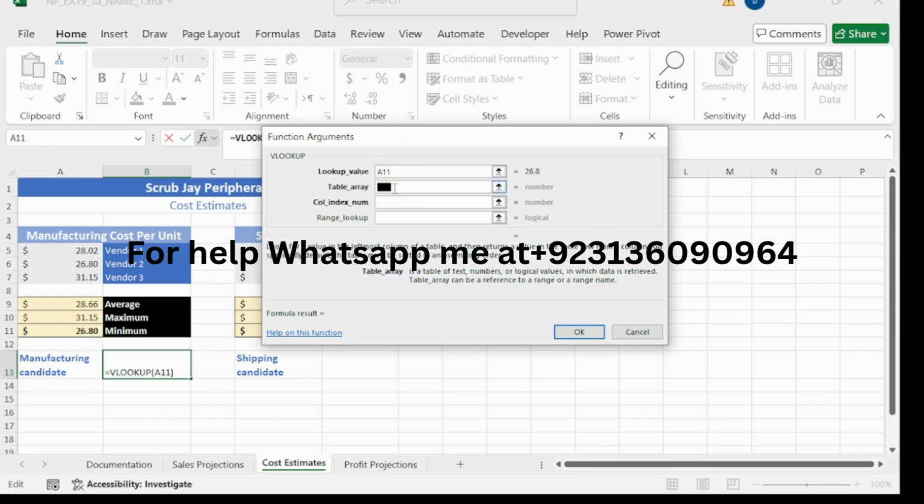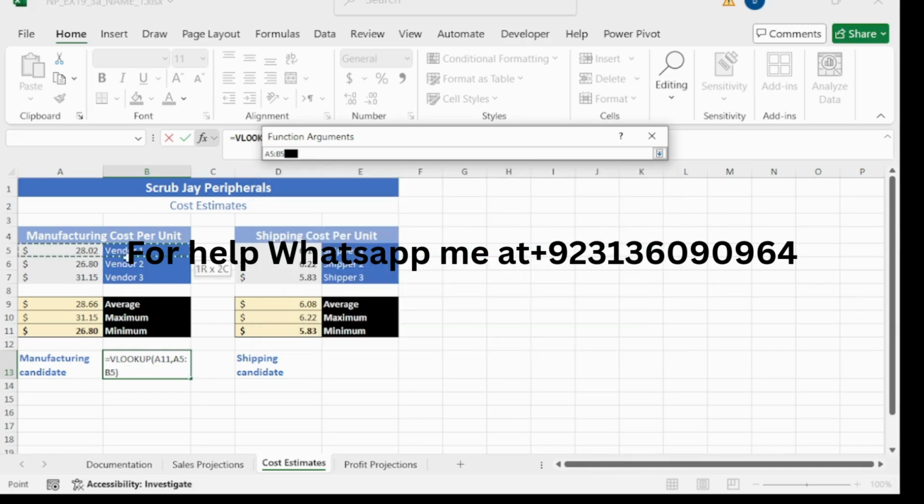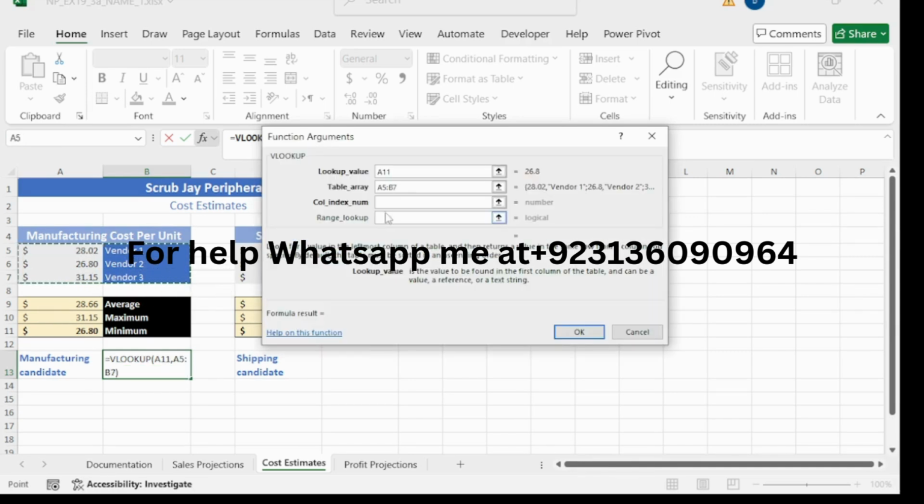And our table array is A5 to B7. And our column index is 2. And specify an exact match. For exact match, we need to enter FALSE for exact match and click OK.